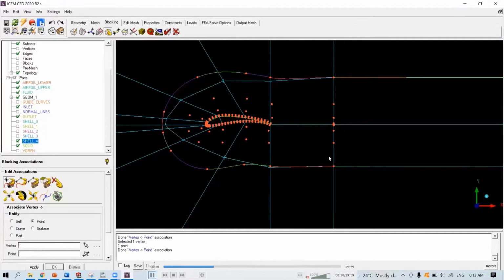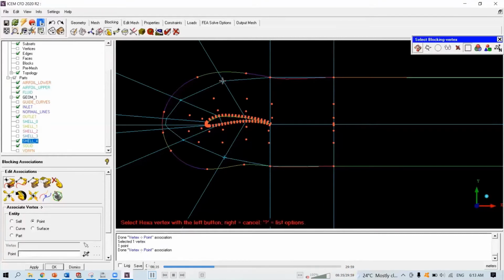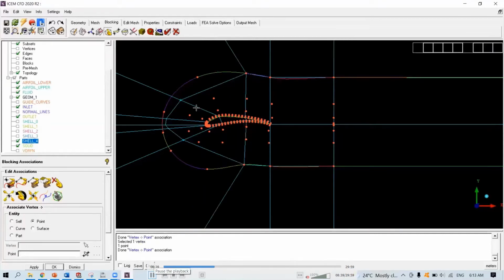See, now it's easier. Try to be systematic to avoid mistakes. One edge at a time for each top and bottom surface. Okay, top, bottom, top, bottom, yeah, like that.